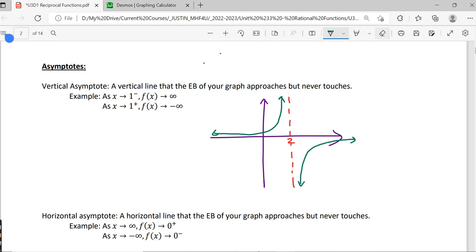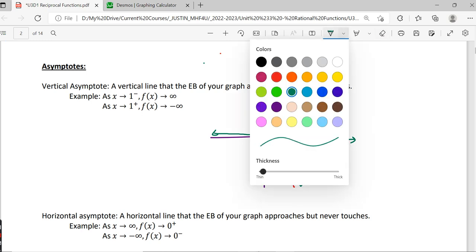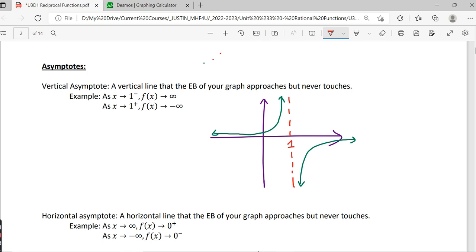Oh, sorry. Let's use 1 because I clearly used 1 in my example. Okay, so what does this mean? It's a vertical line that the end behavior of a graph never touches. So if you look at what I wrote here